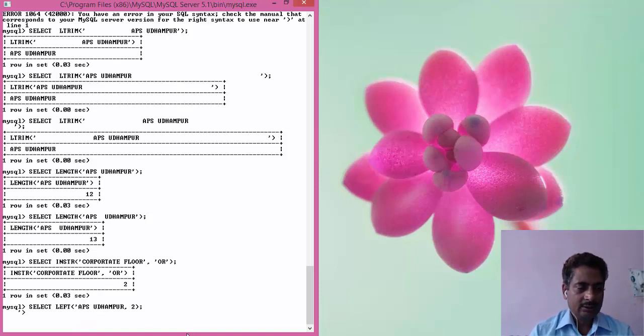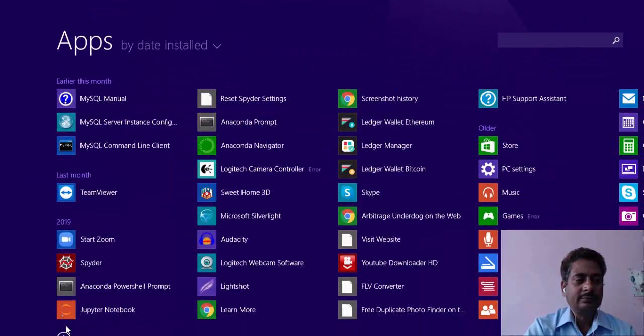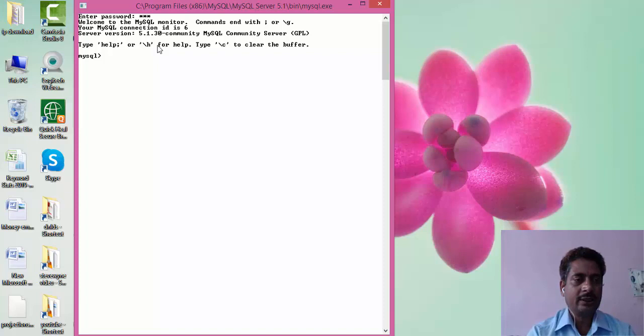Sorry, I forgot about the semicolon. You have to restart again. Okay, so we are at left, select left APS Udhampur, comma 2.